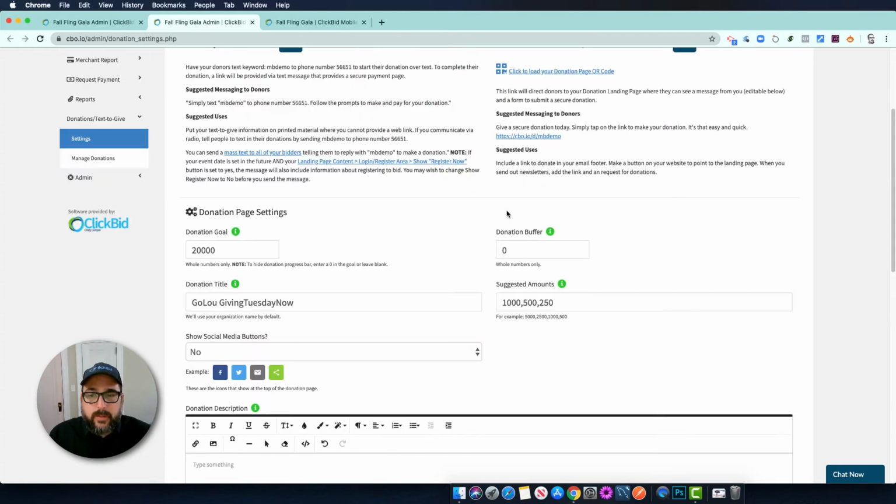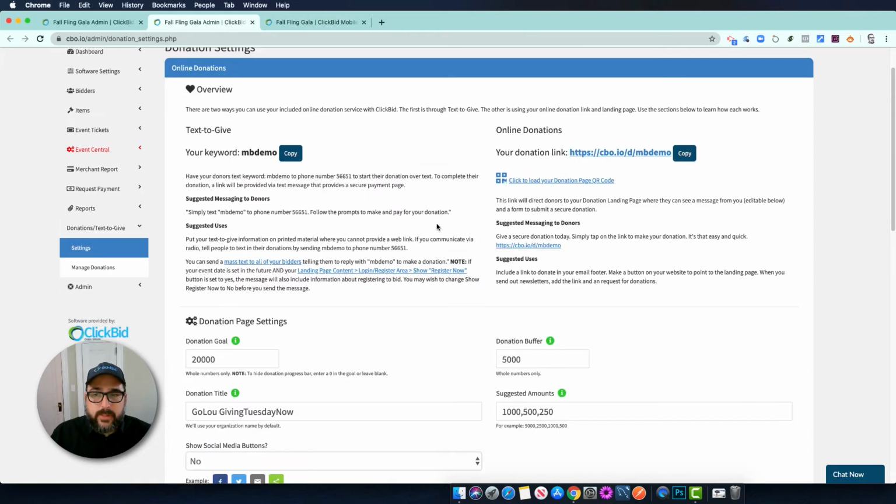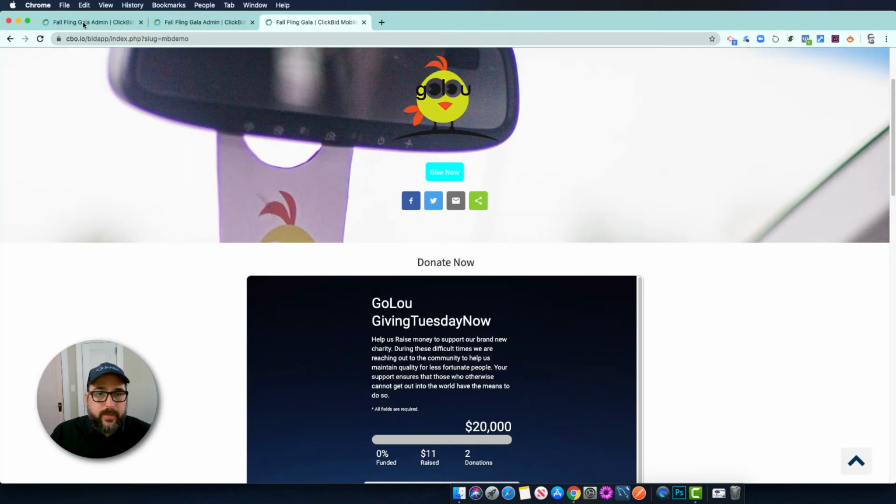I did want to explain the donation buffer. We do get some questions about this. This is basically if somebody sends in a check for $5,000 and you want it to count towards the goal, then you would just put $5,000 in there. That means if people give outside of your landing page, you can add it to your goal so people can see the real progress. So if everything's auto-saved, if I just leave this page and hit refresh,